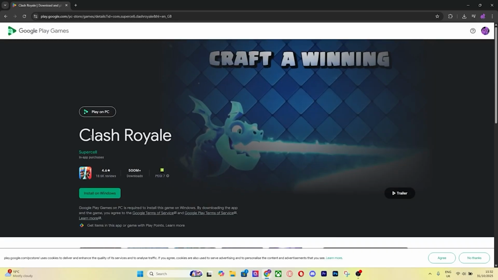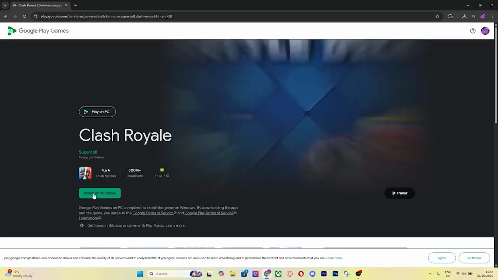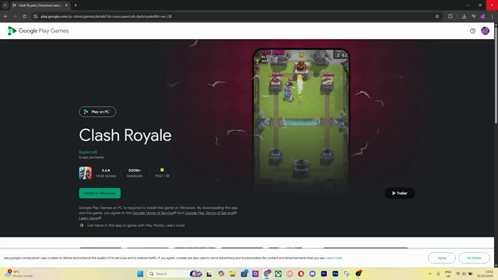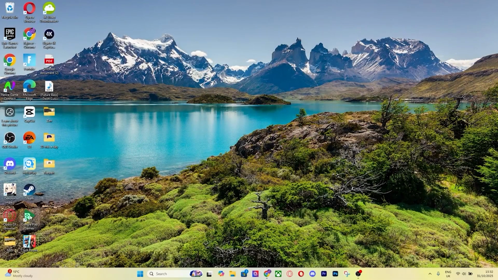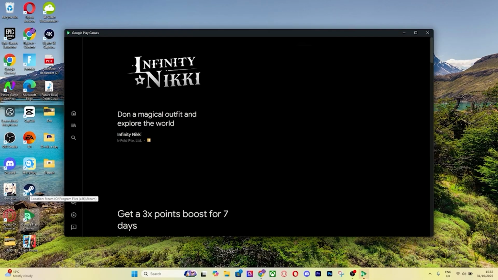Now it's going to say install on Windows, which is what you want to do. So just go ahead and click on that. It's going to run the installer, but what it's going to run the installer for is Google Play Games. I already have it, so I'm not going to run it, but that's what you have to do. Then all you got to do once Google Play Games is installed, it might take like a minute or two to install,